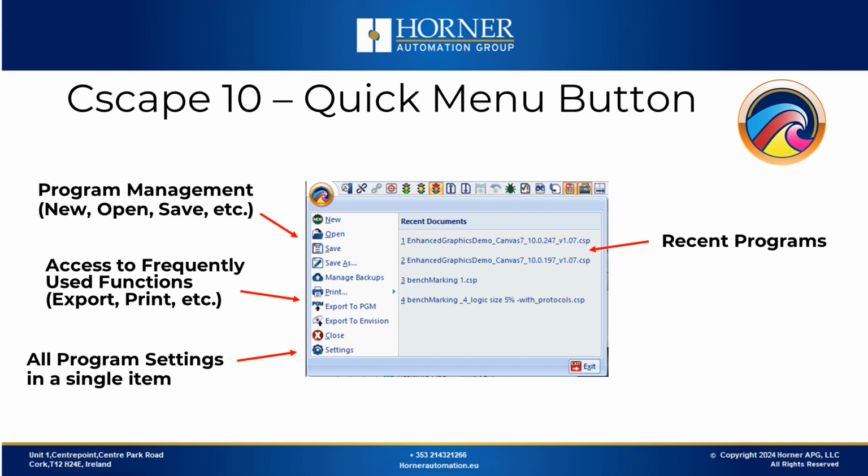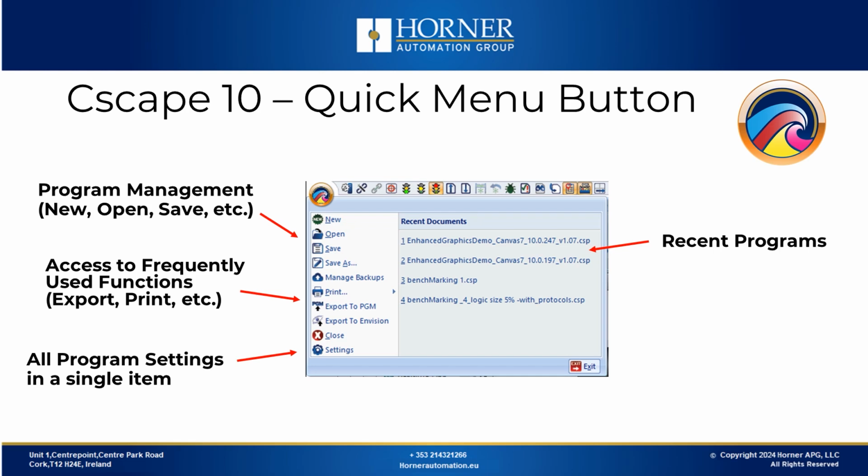The Quick Menu button is in the upper left corner of the screen, and from it you can access some of the most commonly needed program management functions for your application. From here you can create a new project or open and save to an existing project. You can also export to removable media or make a digital copy of your program for loading it remotely. In Cscape 10, you can now also access all of your program settings conveniently in one place from the Quick